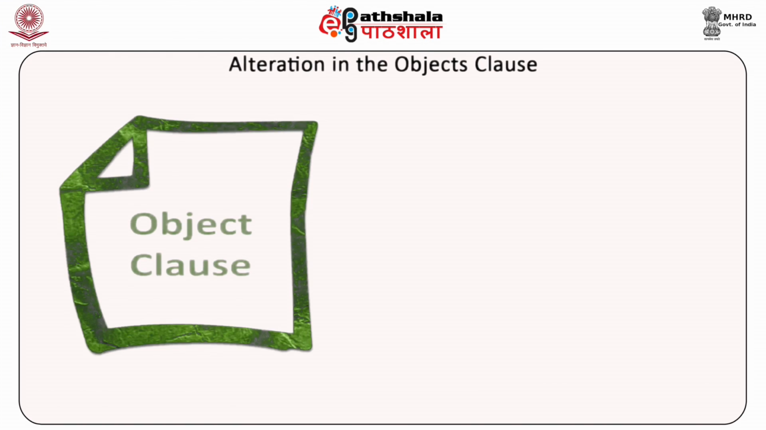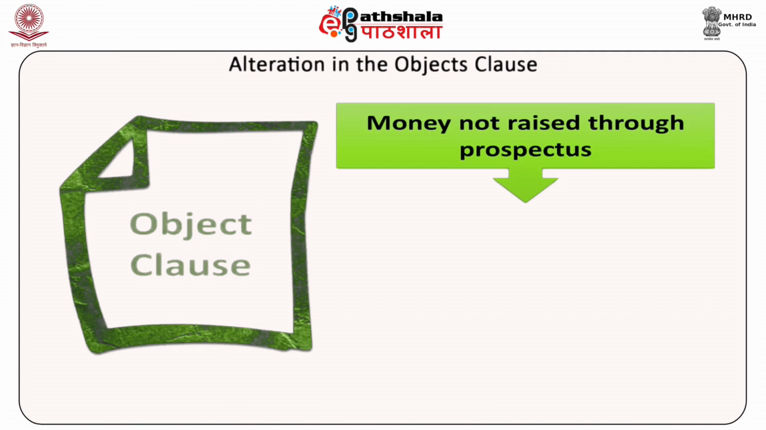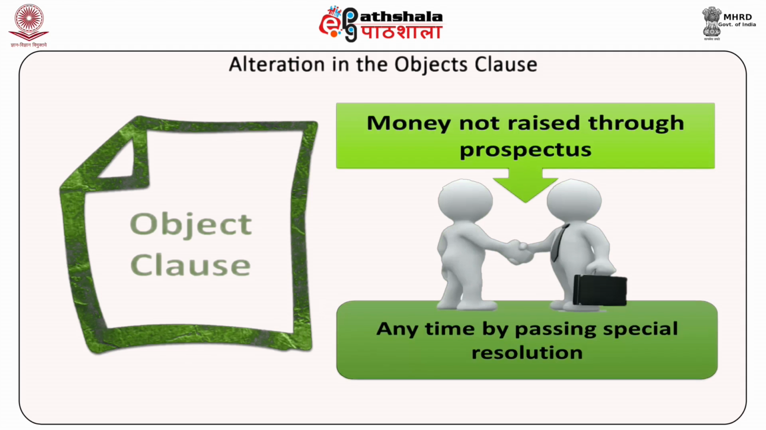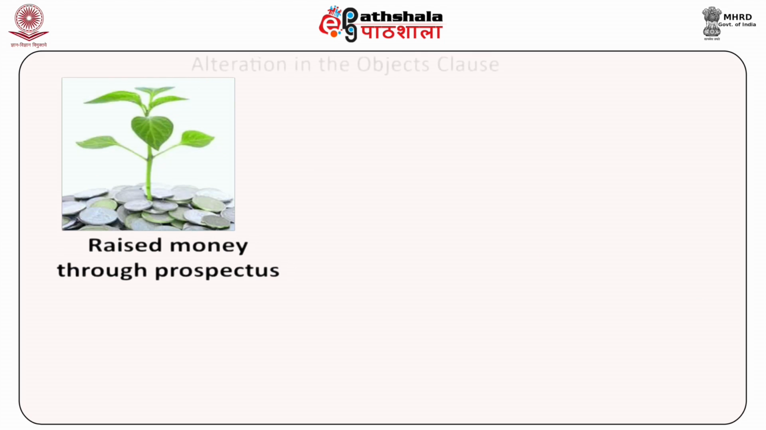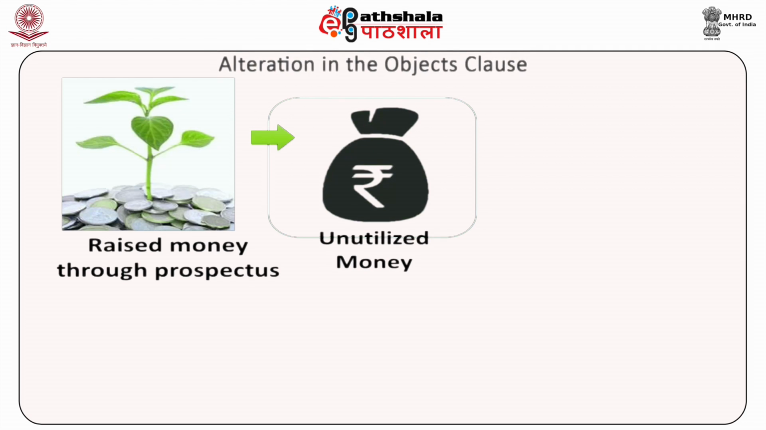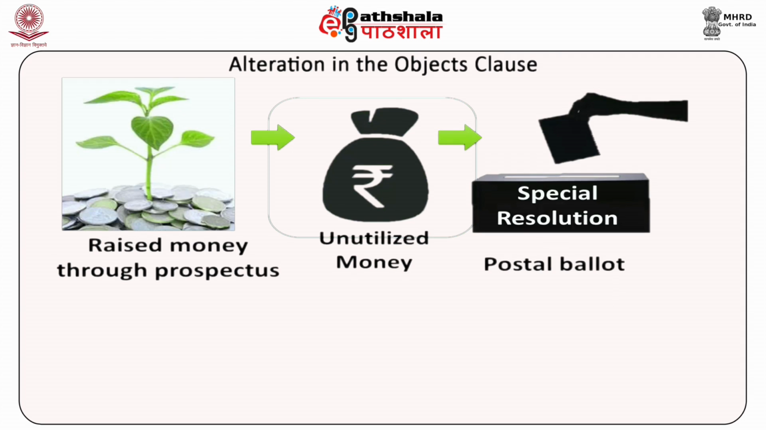Alteration in the objects clause. In case of companies which have not raised money through prospectus, objects can be changed any time by passing of a special resolution. A company which has raised money from the public through prospectus and has any unutilized amount out of the money so raised shall not change its objects for which it raised the money through prospectus unless a special resolution is passed